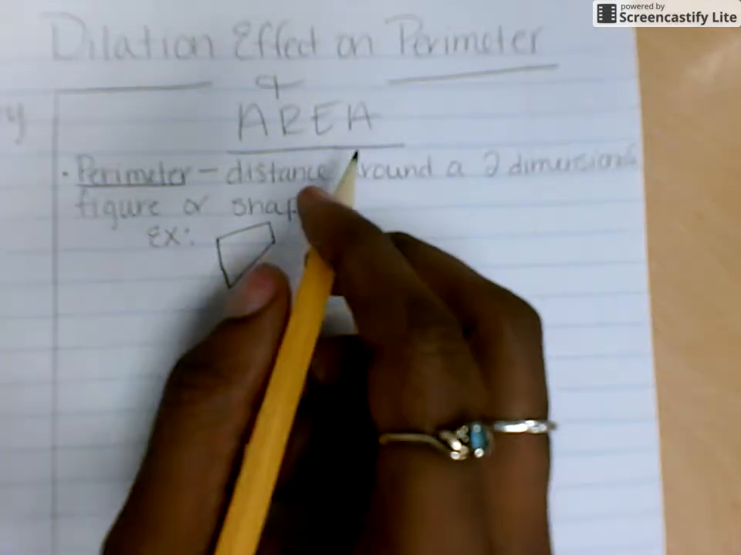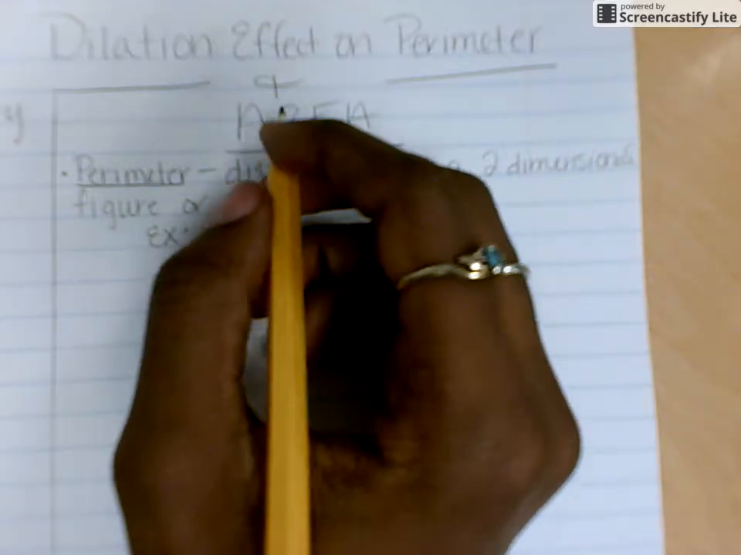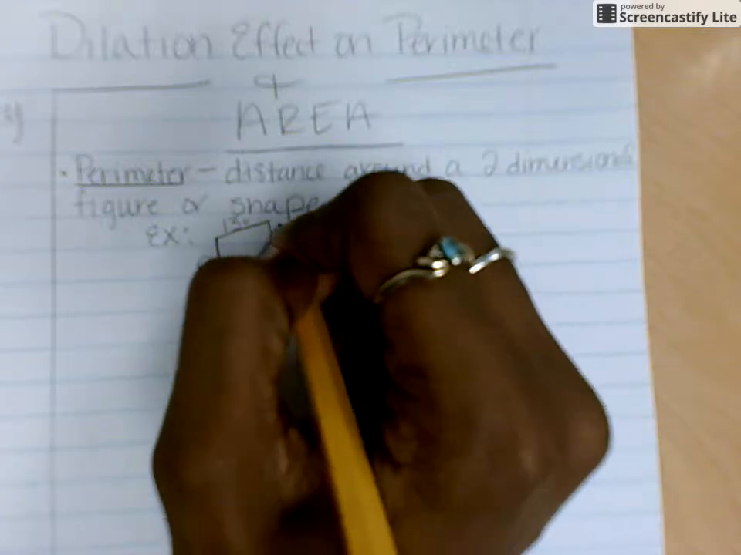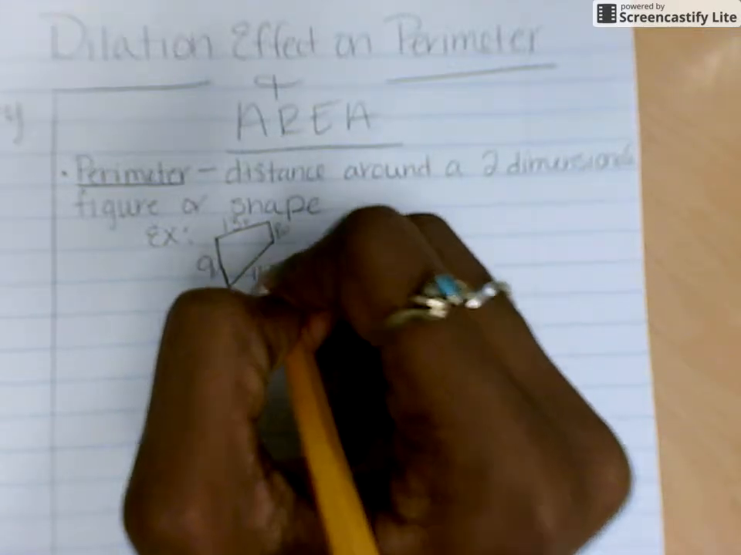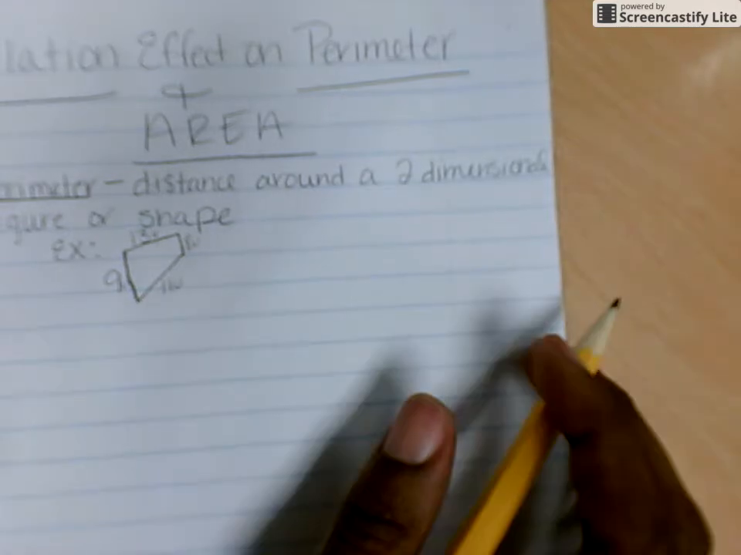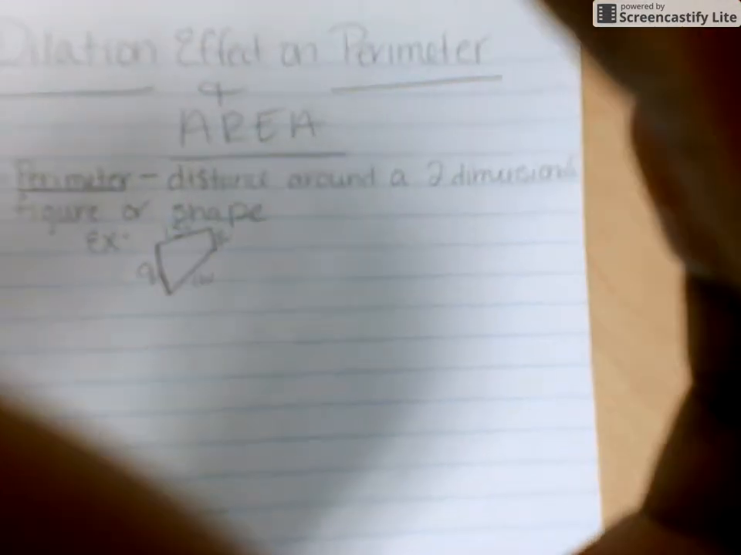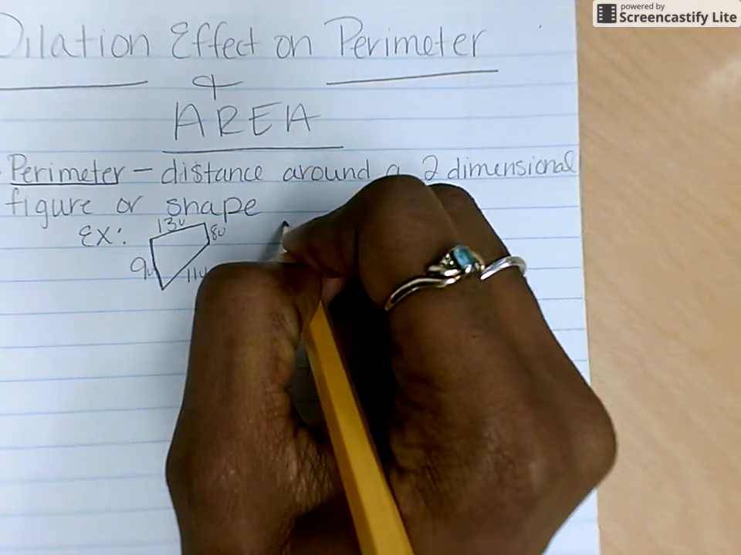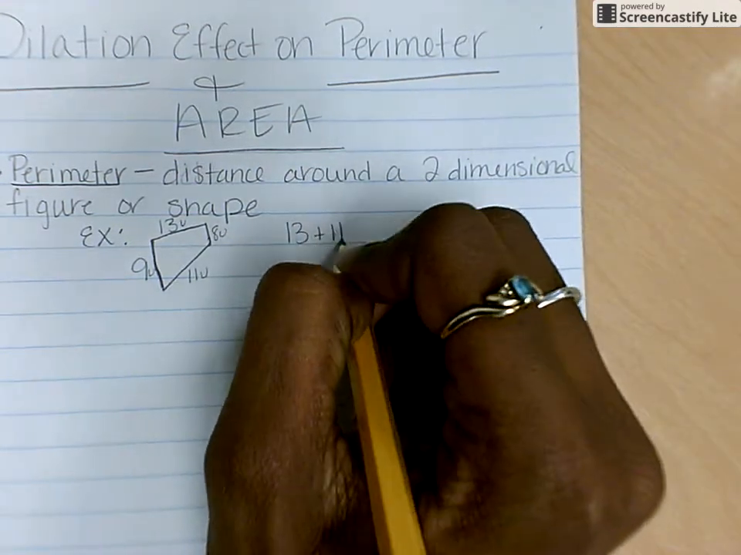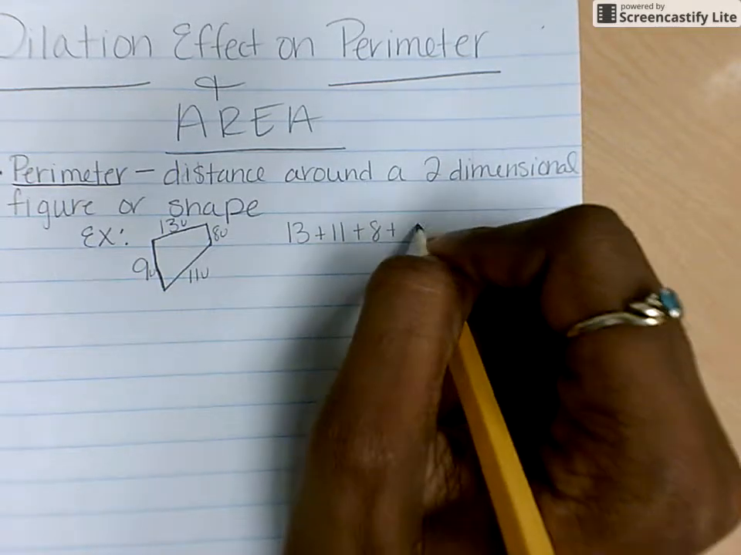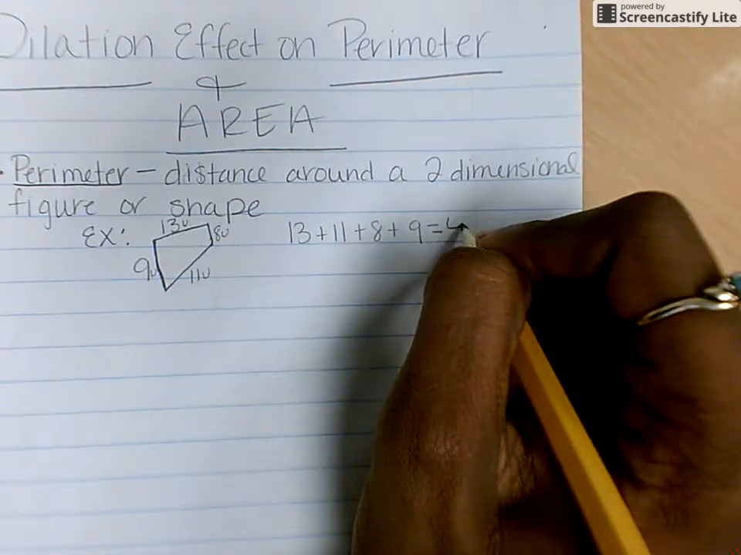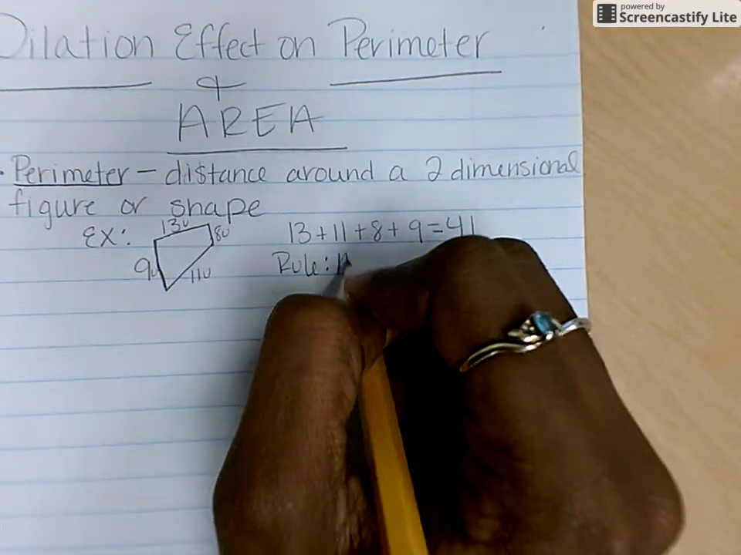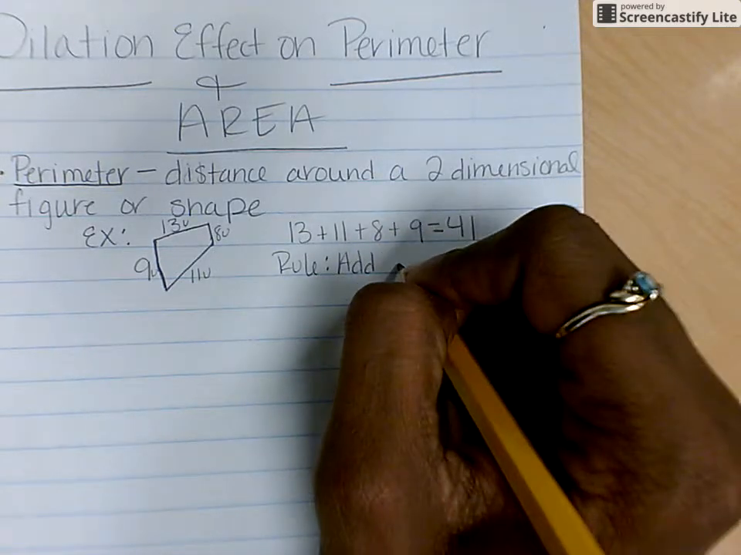Let's say you have a quadrilateral with 4 sides that measure 9, 13 units, 8 units, and 11 units, right? If I ask you for the perimeter, hopefully you would tell me to add all 4 sides. There's 4 sides to it, so we would do 13 plus 11 plus 8 plus 9 and get a total of 41. So the rule simply says to add all the sides,